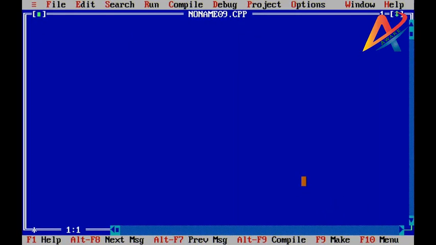This is our new Turbo C file. #include iostream.h, #include conio.h, our class example.